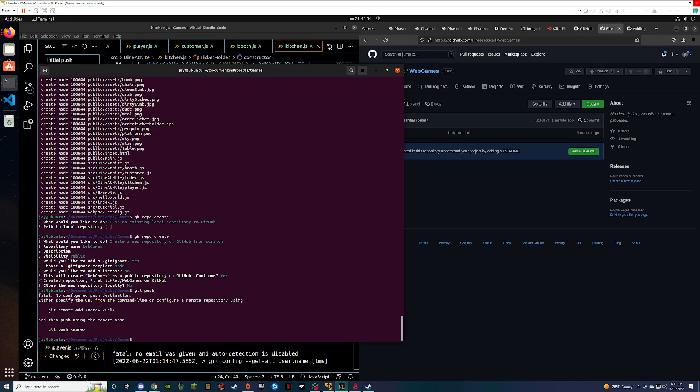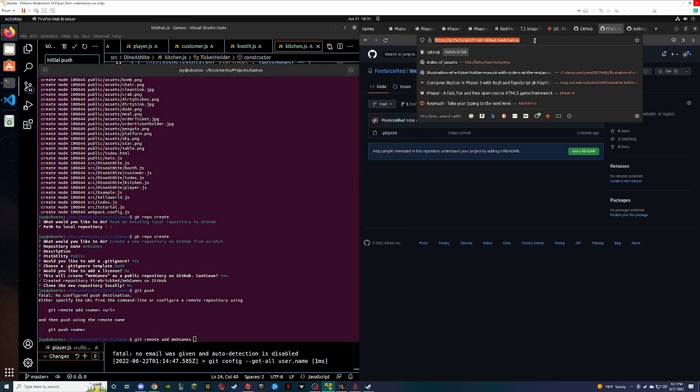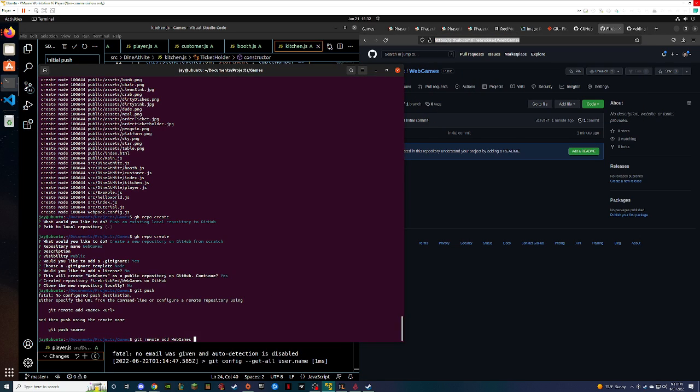Oh my god. See, it used to, as soon as you create the repository, give you the exact remote things to add. I don't know why it didn't do it for you. Because computers hate me sometimes. They like seeing me suffer in pain. So do I want to do this one? Yeah. I guess just try the git remote add, then web games, then the URL to the web games. But it should generate you a very specific thing to add. I don't know why it didn't.